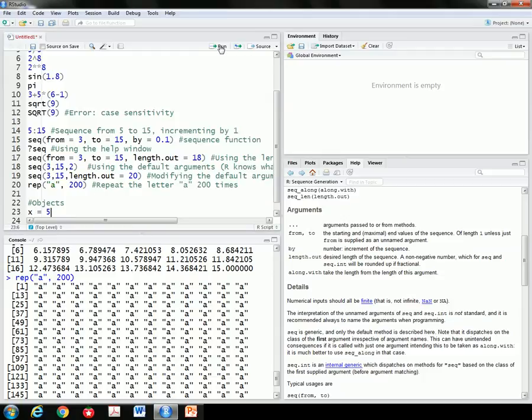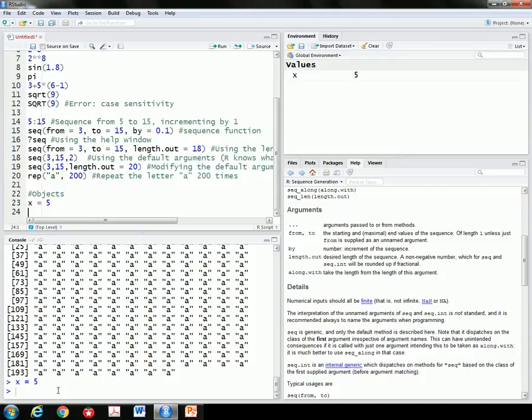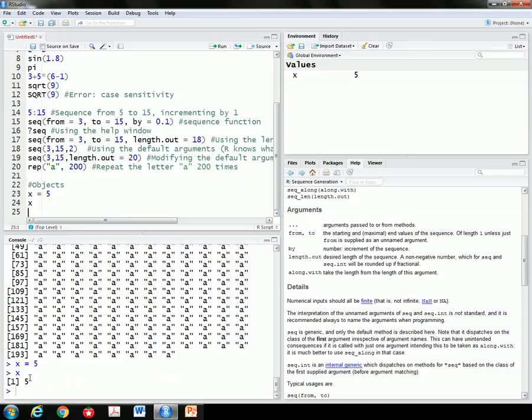Now I run this. And we see two things. Number one, it didn't immediately just spit out a value of 5 down here. But it did save that value of X up here in my environment. And so if I wanted to return that value of X, I could do that in two different ways. I could go just X right here, run that, and it tells me that the value of X is 5. Or I could use this